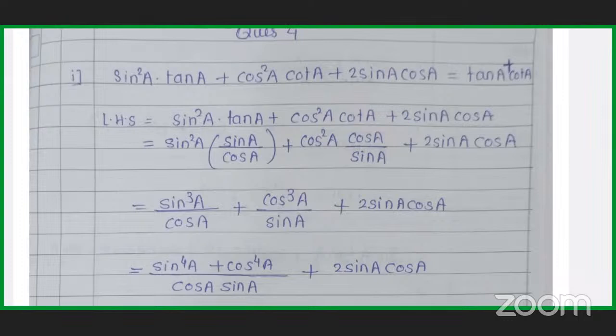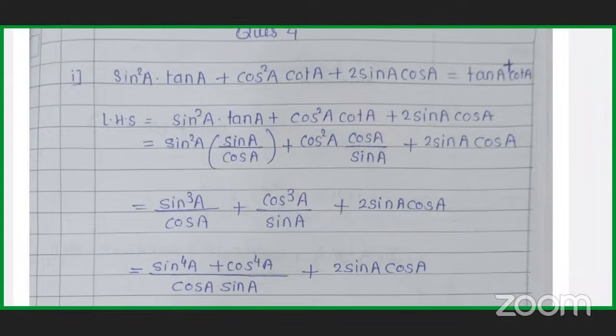We have to replace the value of cot A, that is cos A upon sin A. And plus 2 sin A cos A as it is. So sin square A into sin A, that will give sin cube A upon cos A. Cos square A into cos A, that will be cos cube A upon sin A, plus 2 sin A cos A. So here we'll get,